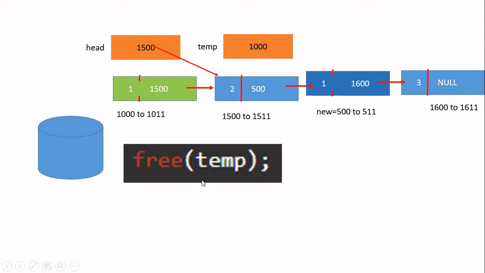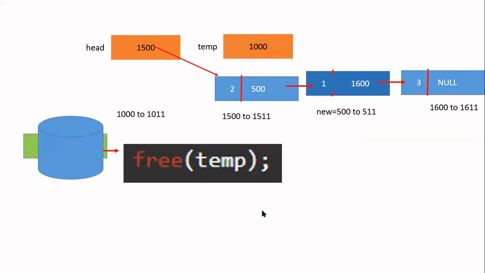If I call this, try to understand this diagram. What will happen if I call this? Now I am assuming this is my garbage. It is going to collect all the free memory, this disk. So if I do that, that block will be put in the disk. That's all. Now what you have done, you have made the head pointer point to the previous second node. Now the green color node has been returned to the garbage. This is called deletion at the front.